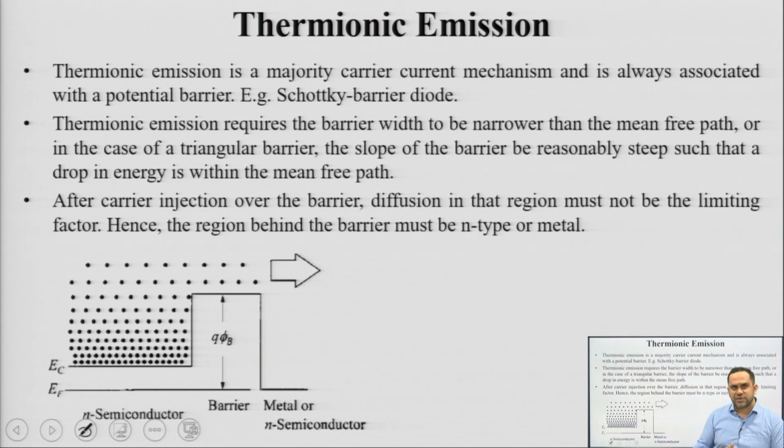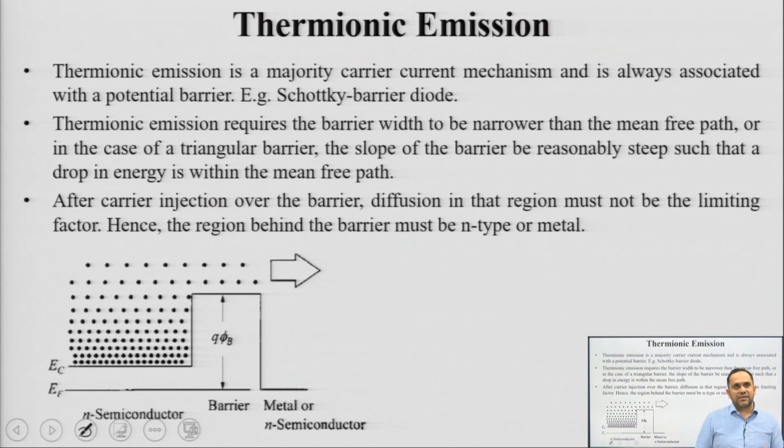We see another mechanism which is known as thermionic emission. Now, as our topic is advanced semiconductor devices, we have to go through different mechanisms, not only standard drift and diffusion. There are multiple mechanisms which exist inside an advanced semiconductor device. Like in the last lecture, we have done what happens at very high electric fields, where your drift speed is no longer proportional to electric field. Mobility degrades at high electric fields. Similarly, there is another mechanism known as thermionic emission, which is not an undesirable effect, but actually the mechanism with which many devices operate.